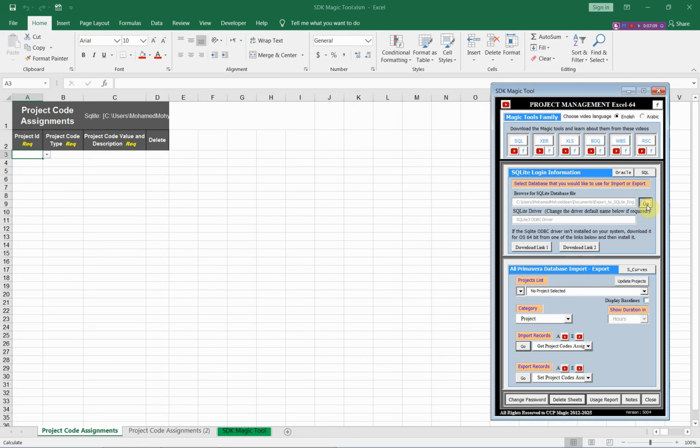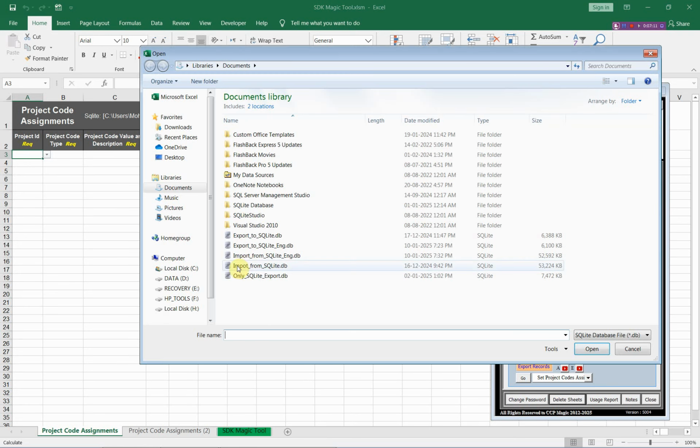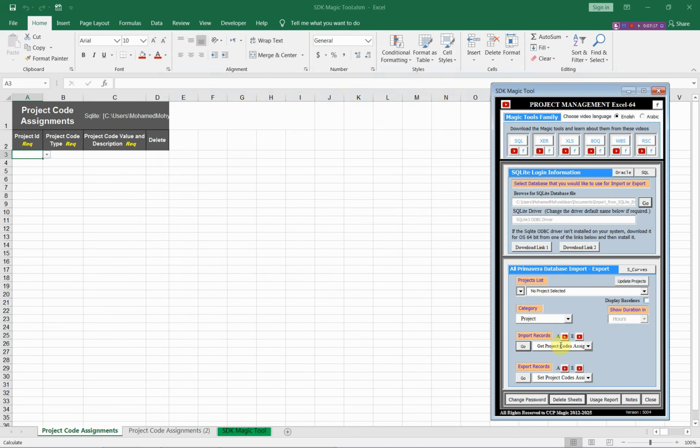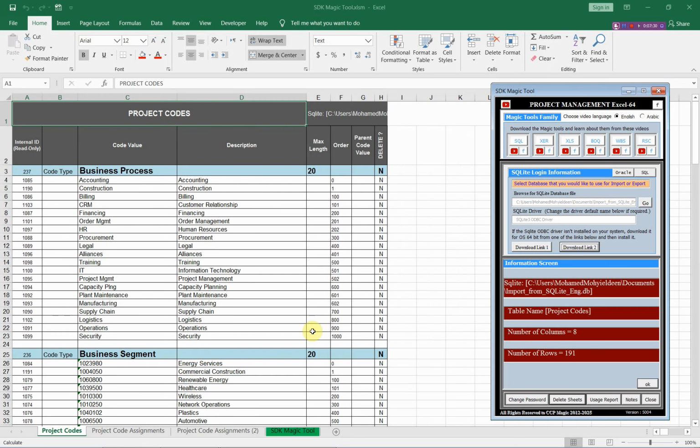First we will go to another database to get its project codes, for example this database, and from dictionary go to project codes and import them. Okay, these are the project codes. We will use these project codes